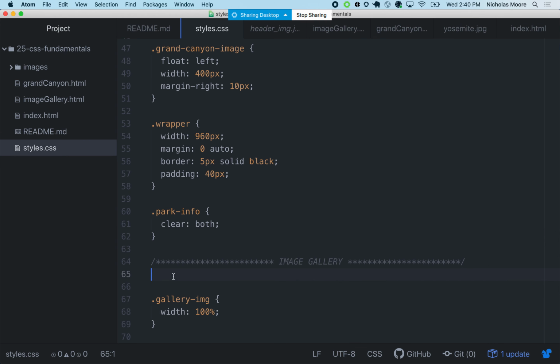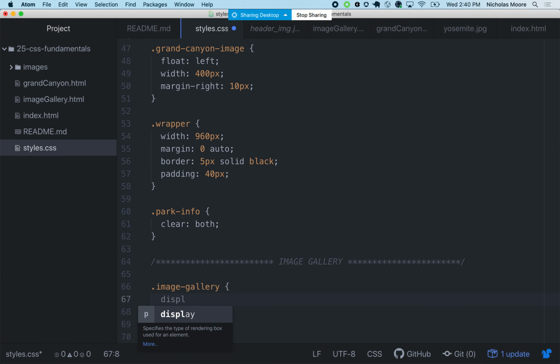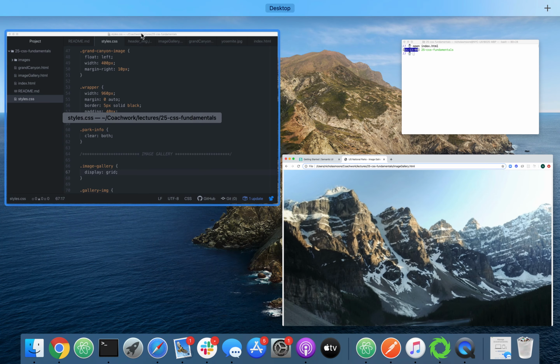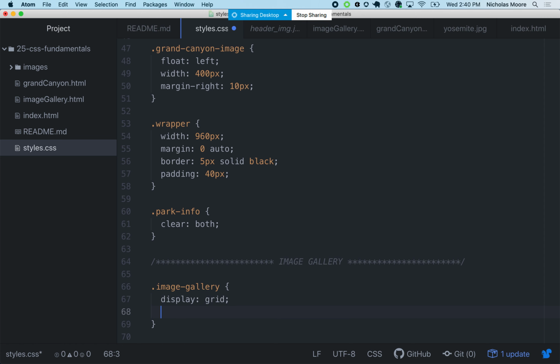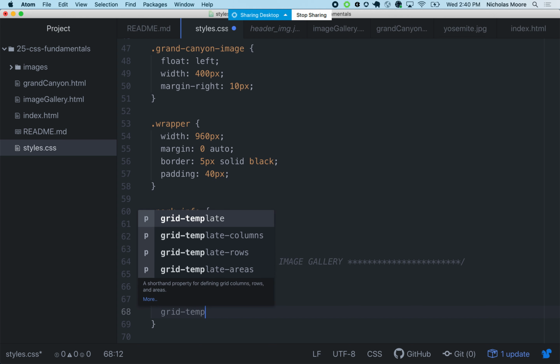You want to use CSS Grid on the parent container of all the elements. You want to state display grid. So the parent element is the image gallery, and then I can set display to grid. Sweet. And nothing's probably going to happen now because we then have to assign some rules. There is one rule here. You can assign rules to the columns or the rows. We're going to say grid template